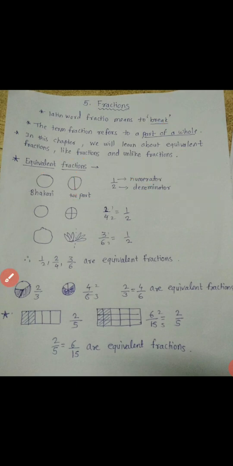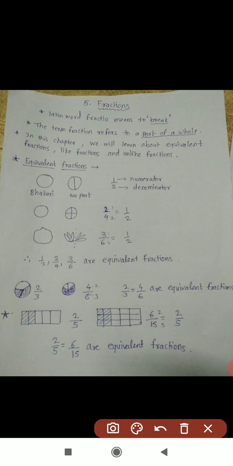Understood? So next example, if you are making that same bhakri into 4 parts, what did you do now? You made 4 parts. Whatever the parts you are making, you have to write in the denominator. And how many parts did you take? 2 parts. So 2 upon 4. So again it comes, 2 ones are 2, 2 twos are 4. Means that is also 1 upon 2.